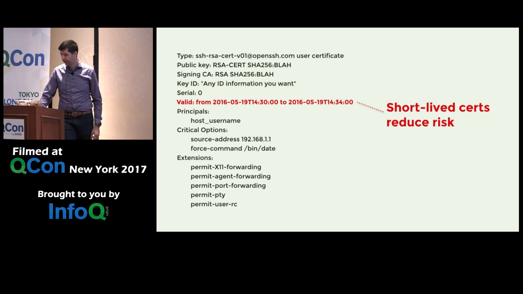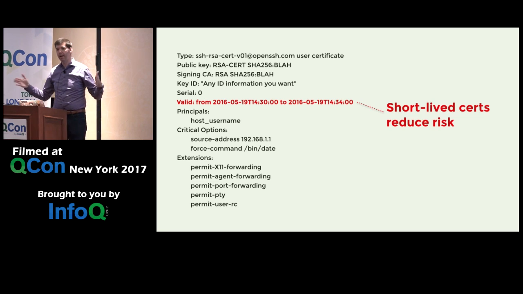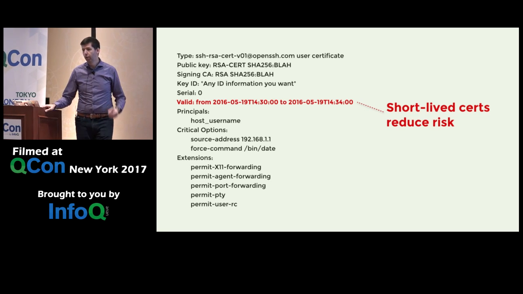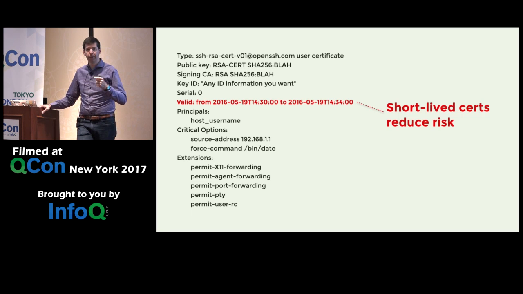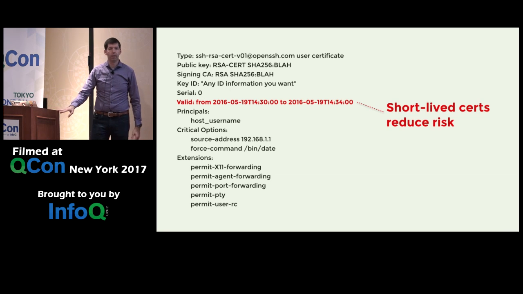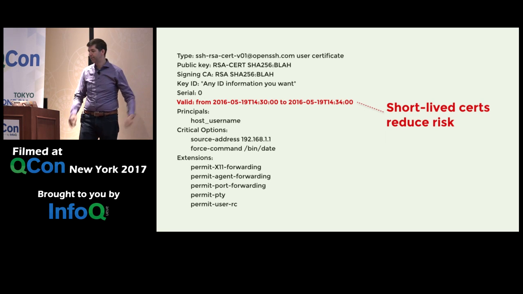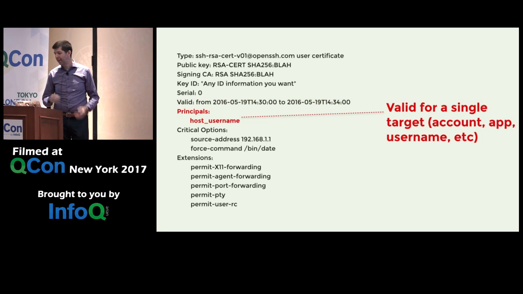Let's see, we've got the ability to set a time span that these are valid for, right? So if you're using it in the way that we use it, where you have a Bastion and then you're going to turn right around and use the certificate to log into your instance, you can make it good for about 5 minutes. That should be plenty. And then you know that even if that was stolen, it would only be useful in those 5 minutes. But we can actually do even better than that.